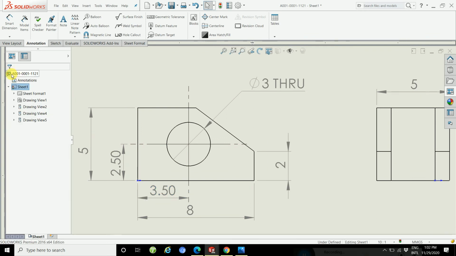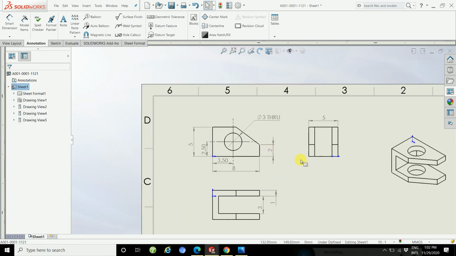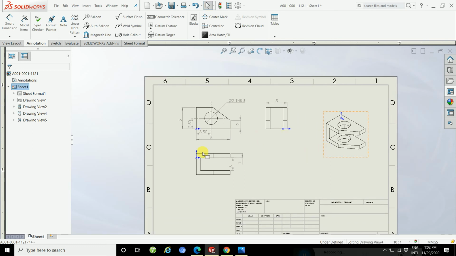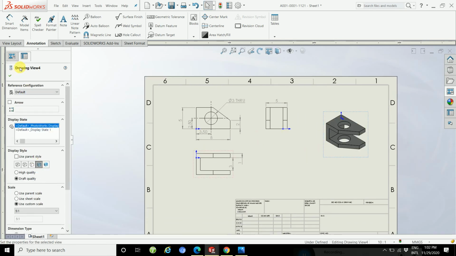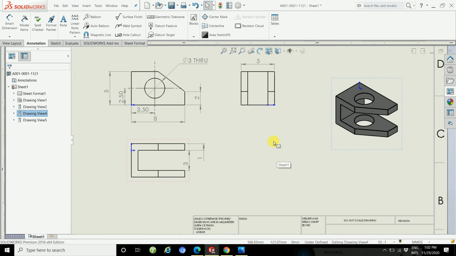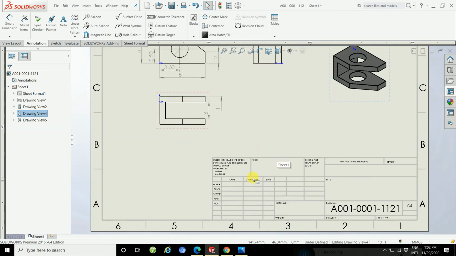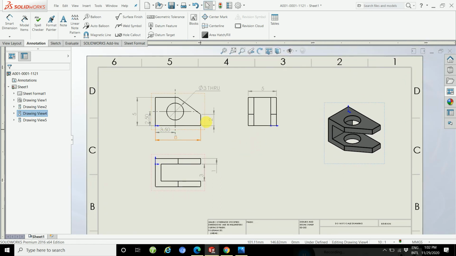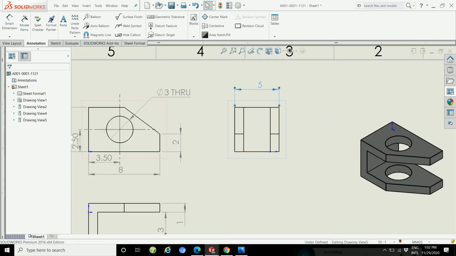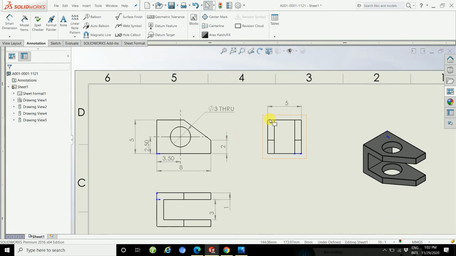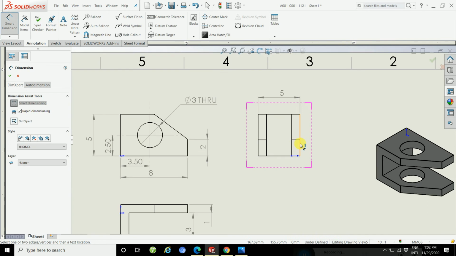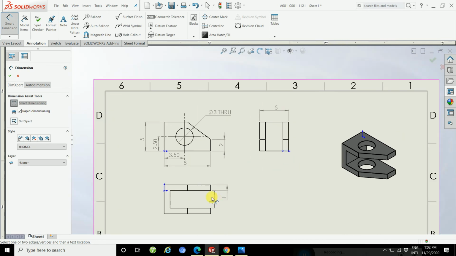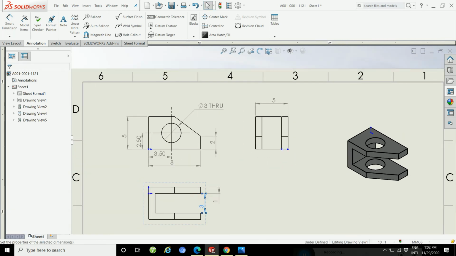Adjust this dimension, and then apply here. And then change the name here. 5. No need to apply here.